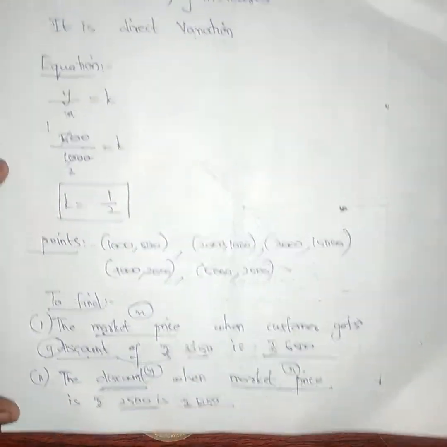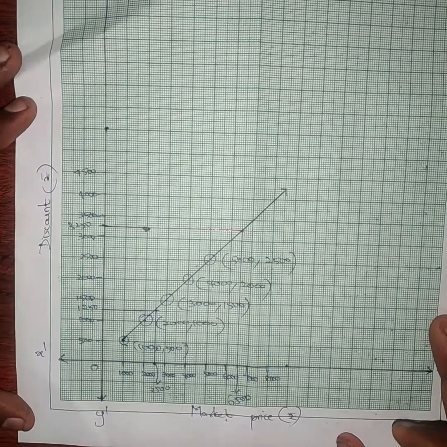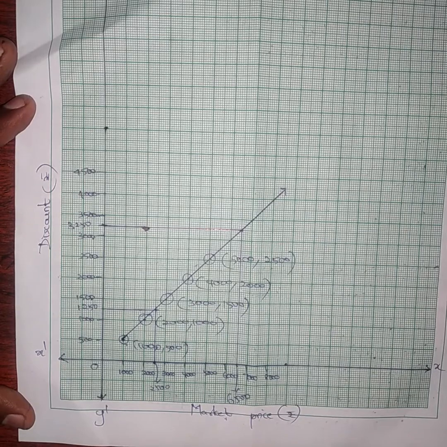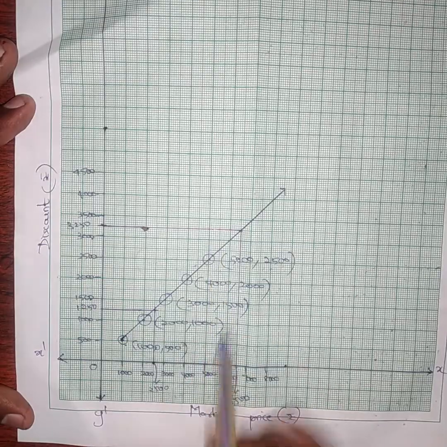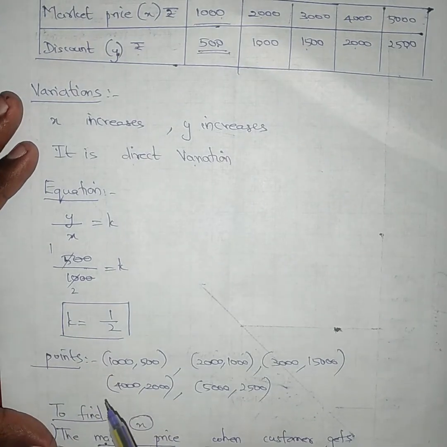So like this only we need to plot the points and draw the graph. See the graph. This is the result; we need to draw it mainly by joining the points, and you need to draw the x axis. So here k equals 1 by 2. I have found k equal to 1 by 2.